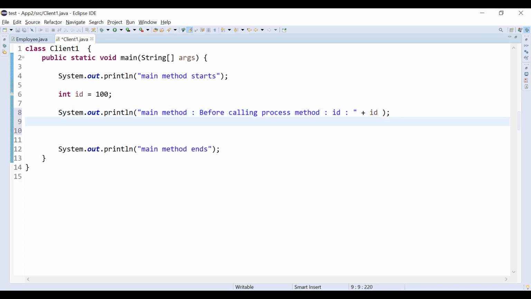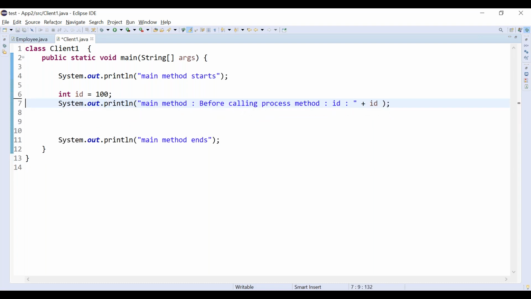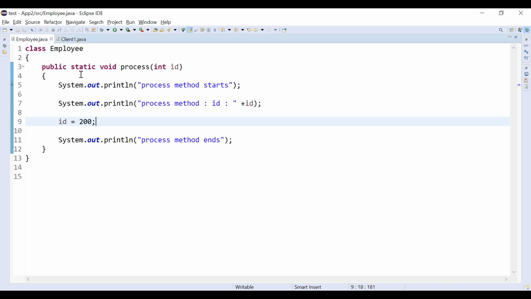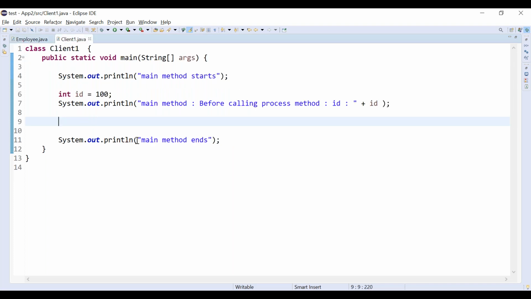Now after printing the id, I am calling the process method. How can I call it? The process method is a static method, so I can call it by class name, and I am passing the argument.